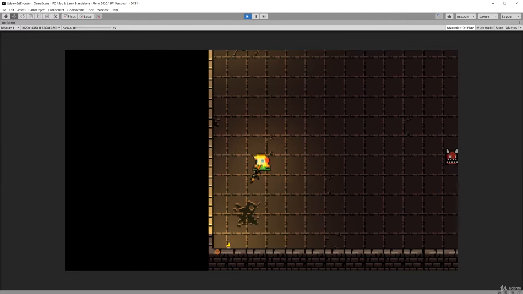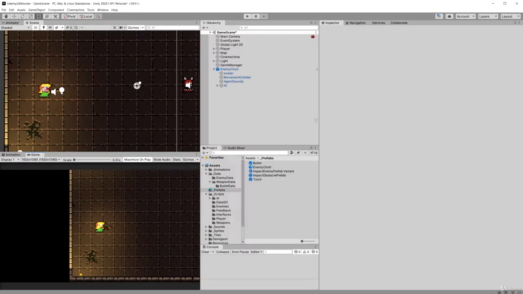Great. Now, what I would like to do as well is, if we press play, we can see that our impact particles, our impact prefabs, are affected by light. It is much more lit here than when we shoot near the torch. And the same thing happens for our enemy impact prefab. And it is white, so it is barely visible when we hit our enemy,